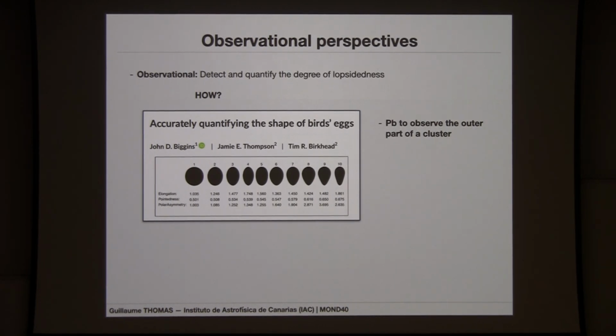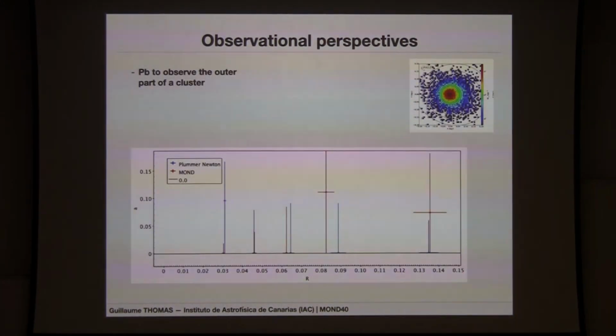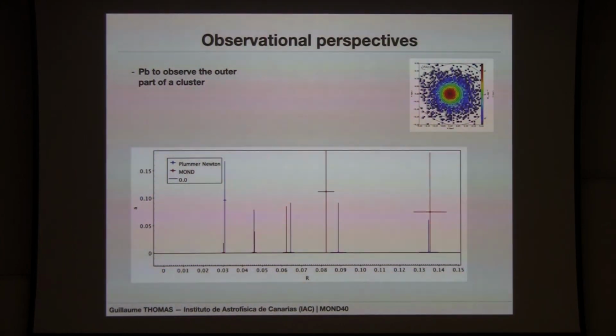And the problem now is to observe the outer part of the globular clusters, because you expect the external field effect on the shape to be more important in the outer part of the globular clusters. And this is clearly visible in a quick simulation. So I took the most pointed clusters that I showed you before, I did some simulations of it, and you can clearly see it's pointed towards that direction.